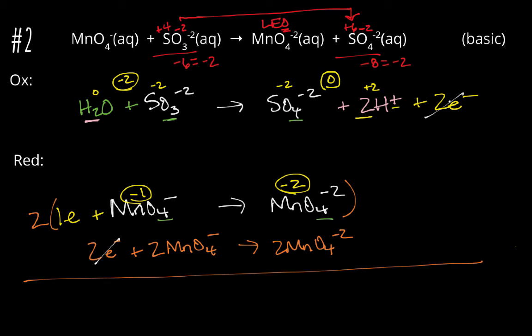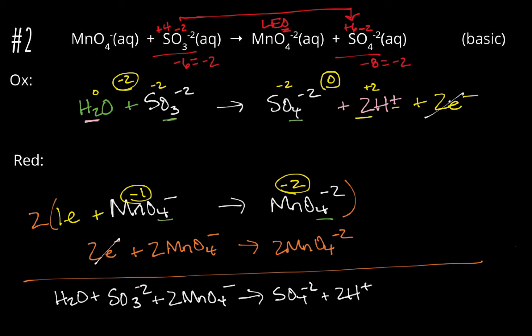Everything else gets brought down. So H2O plus SO3 minus 2 plus 2 MnO4 minus gives me SO4 minus 2 plus 2H plus